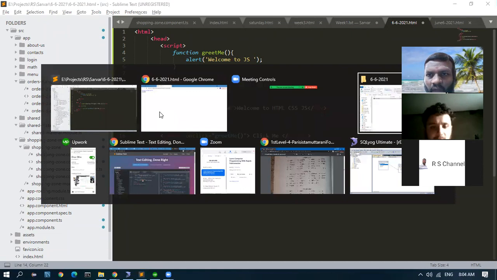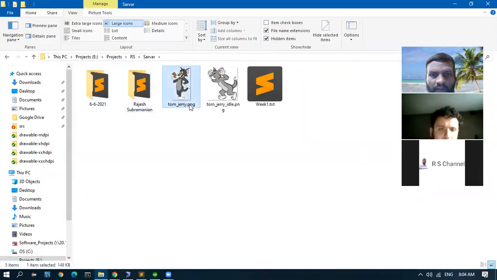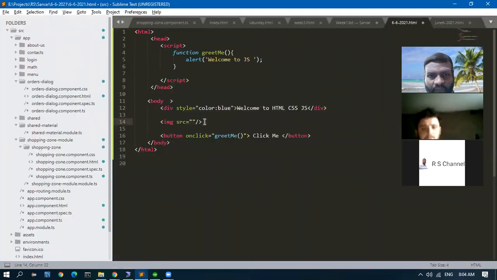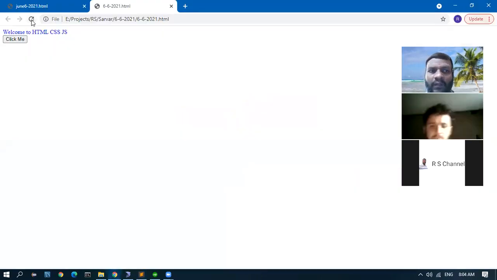So I already have downloaded an image of Tom and Jerry. So I'll copy this file, and you see here, I give Tom and Jerry. The file will not come. The image will not come. Instead, you will see a broken image. This is called a broken image. The reason it is not coming is